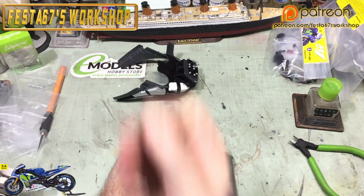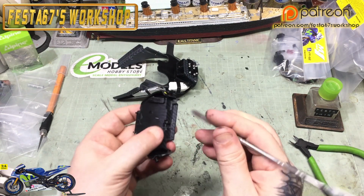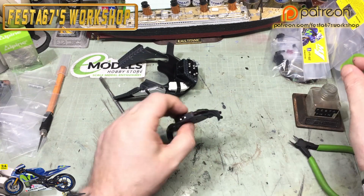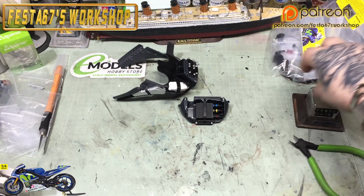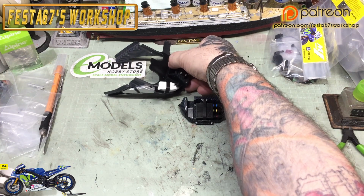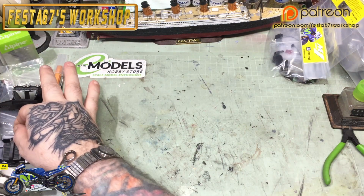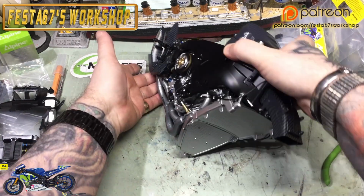I'll just get my spudger, put it in the buckle like so. Prop it in, just like that. And to be on the safe side, we'll want a bit of extra thin in there. Like that. So that's the ECU end of the strap in place. So we'll probably mount that in the frame, to be honest with you. So I'm just going to move this out of the way. And I think we'll bring in the bike itself so that we can start looking at mounting that in there,